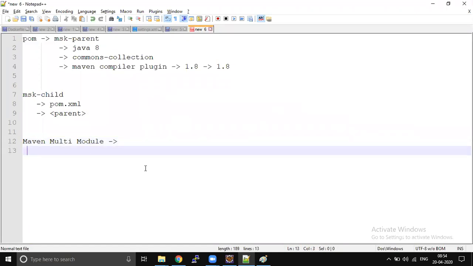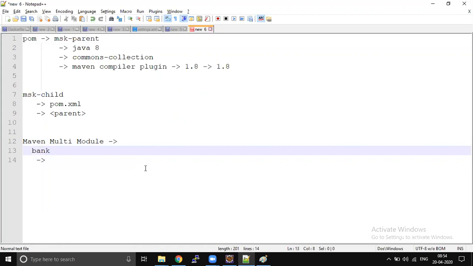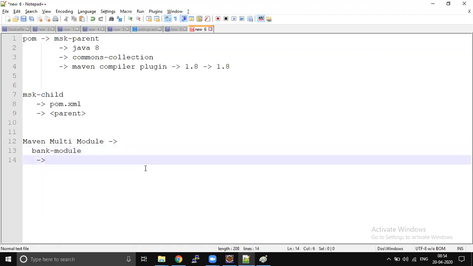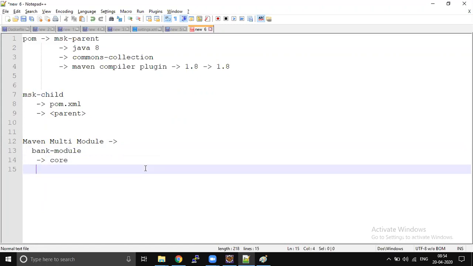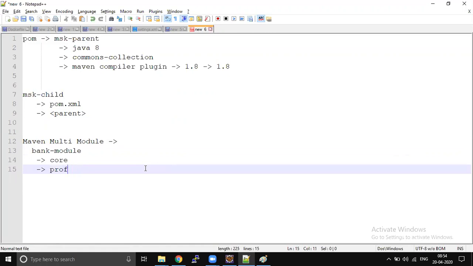Multi-module is something we used to have in the olden days. For example, if you want to create a banking project, this is going to be a module, the bank module. In the bank module, we have so many modules. We have profile, which is one Maven project.